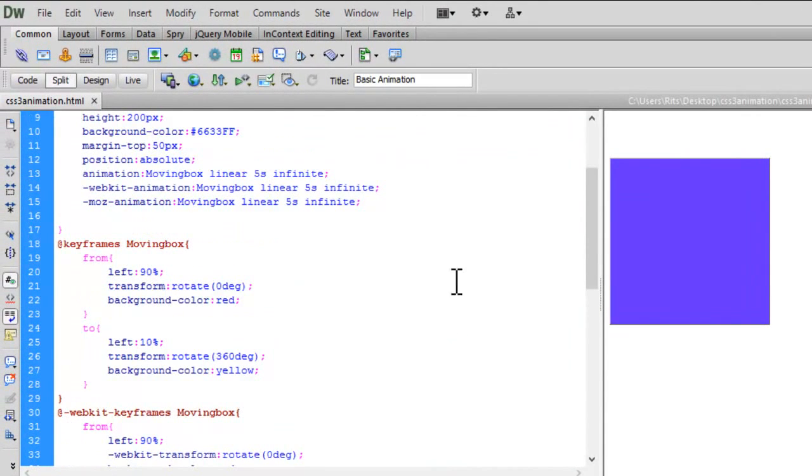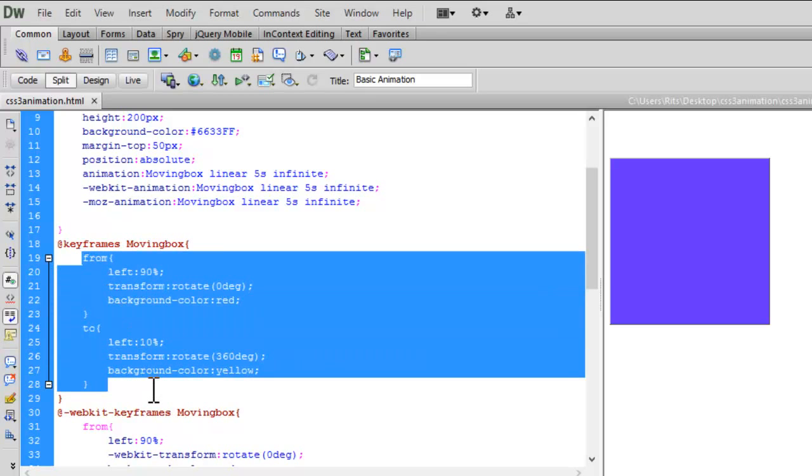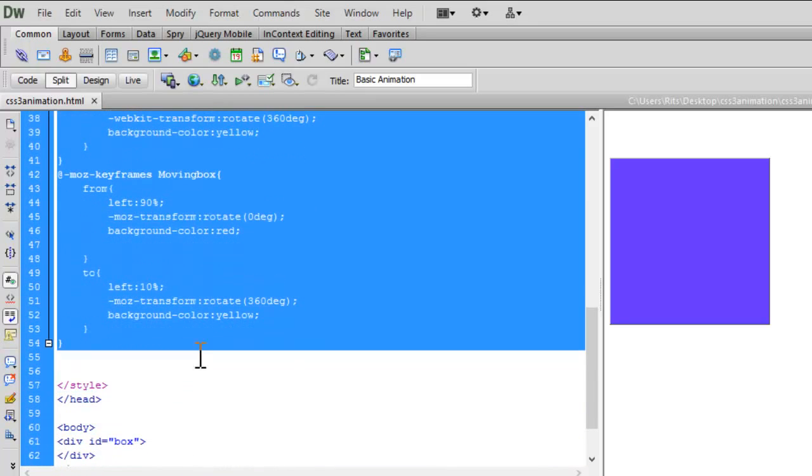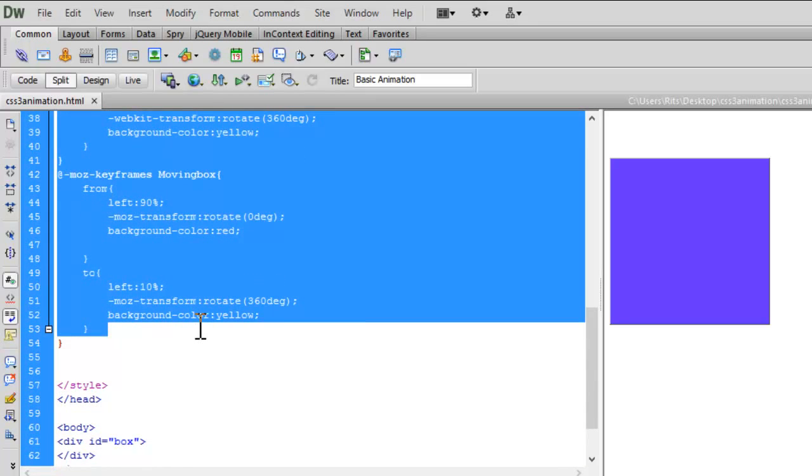Now rather than moving from left to right, I just want to change the opacity of this box. So let me just remove this animation and have another one.